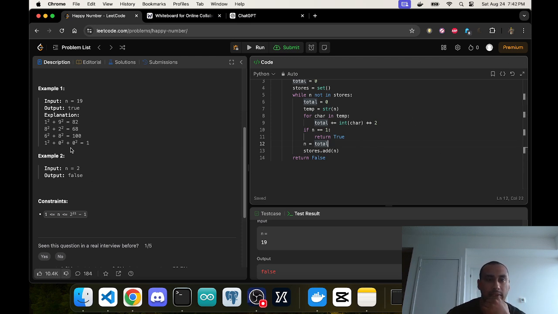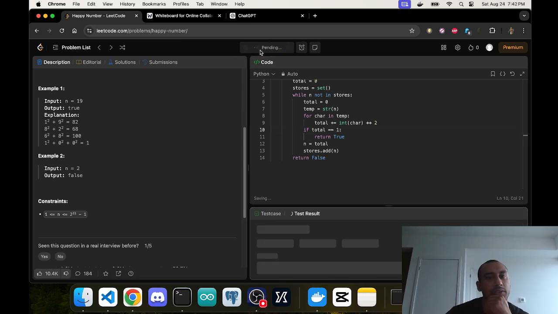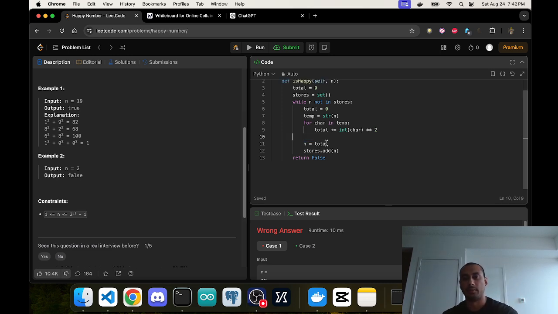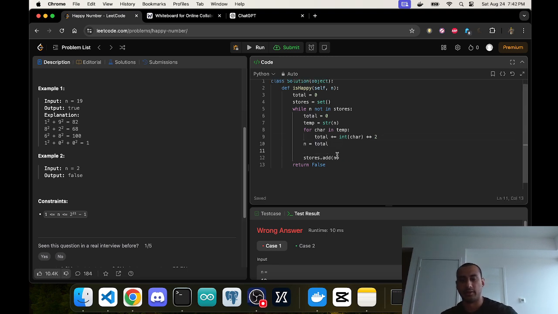So for example, if I add everything, instead of if n equals 1, I could put if total. n is just to continue the loop. If total equals 1, it's the same thing as if I put if n equals 1 down here, because now n is equal to total. Right, so